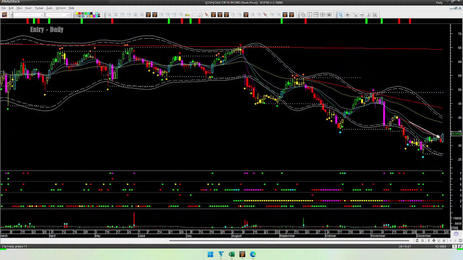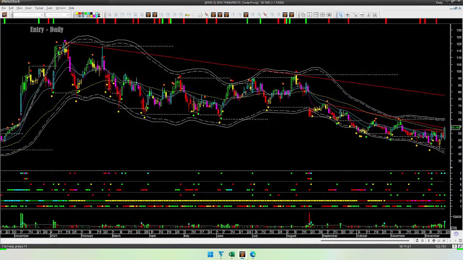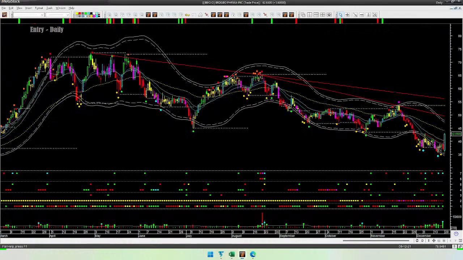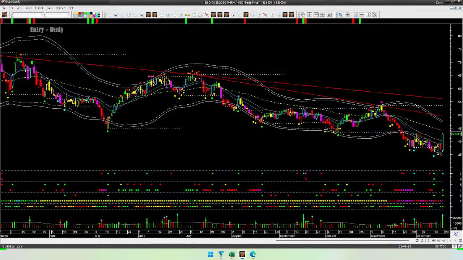This breakout is looking interesting. The next resistance is far away. I'll come back to it. Fate Therapeutics, again biotech. It is closing very close to the trend line resistance, not a decisive breakout. If I did not have the other stocks, I would not mind checking this out, but I have better breakouts already. Let's close this. BBIO,